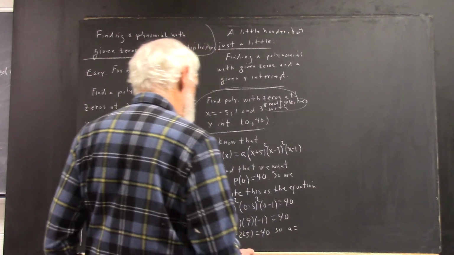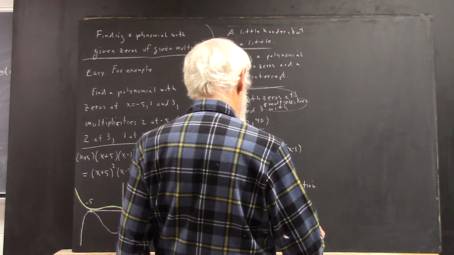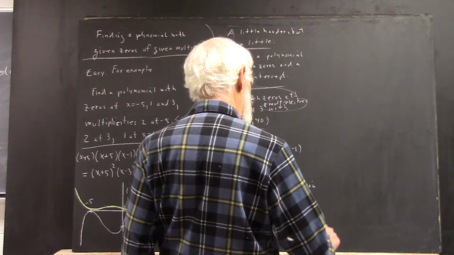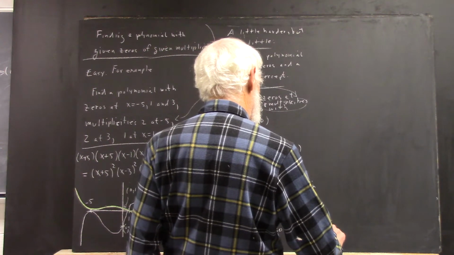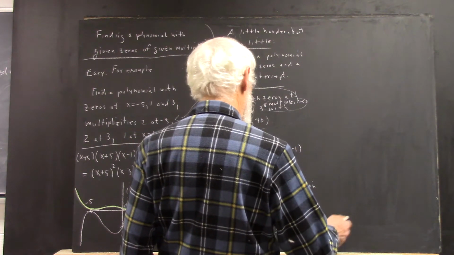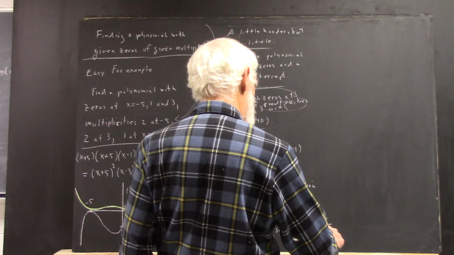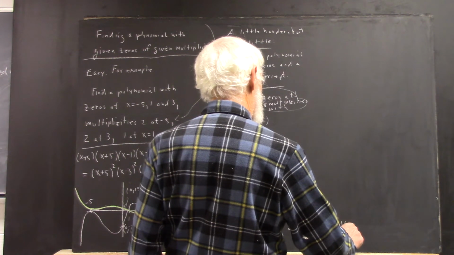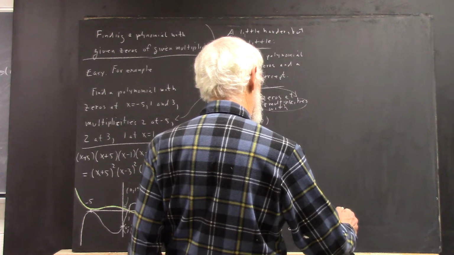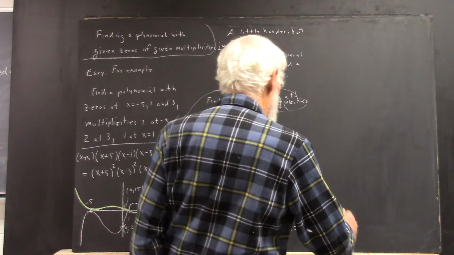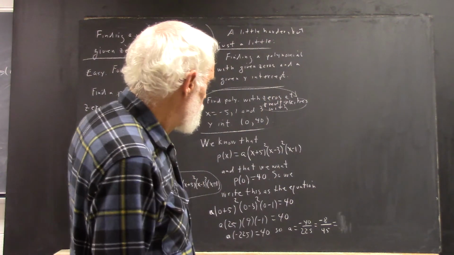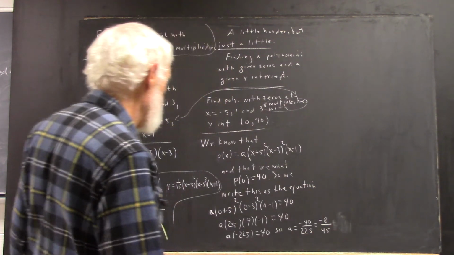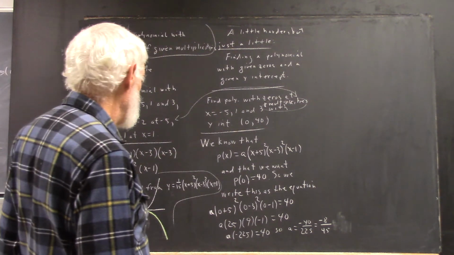So a equals negative 40 over 225, which is negative 8 over 5 into 225 is 45, which equals, no, wait a minute. Never mind, it doesn't equal that. Okay. So, negative 40 over 225. I was going to write it as a decimal, but it doesn't come out exact, so I'm not going to do that. Thus,